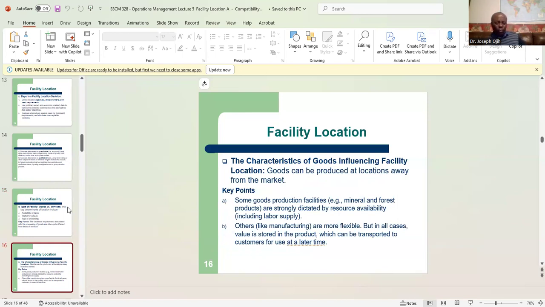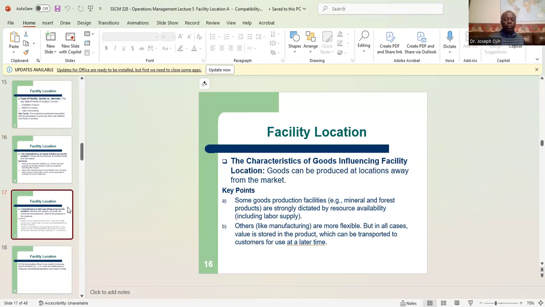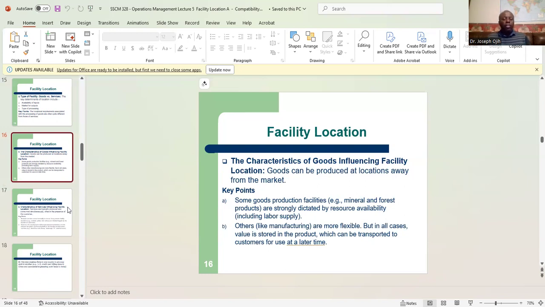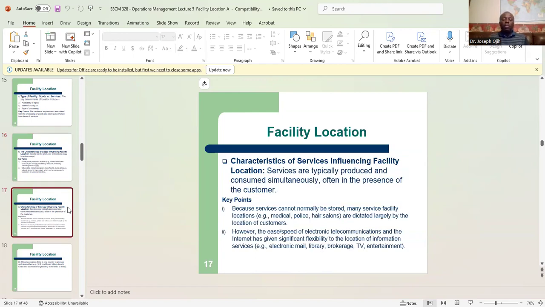So we'll look at goods, which can be produced at locations away from the market. Some goods production facilities, like mineral and forest products, are strongly dictated by resource availability. Other goods are more flexible, but in all cases value is stored in the product. So if I buy this cell phone, this is where value is stored when it comes to goods, not services. Because value is stored in the product, it can be transported to customers for use at any time. Now, when it comes to services, which are intangible,